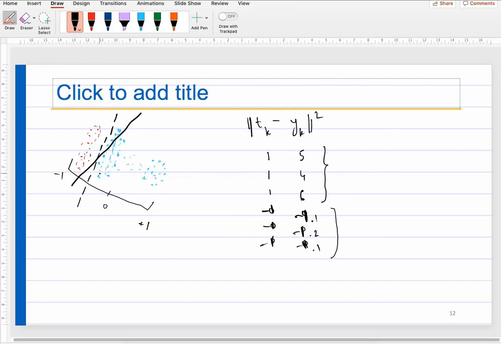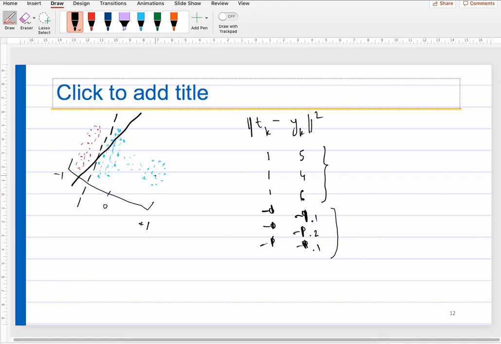Yes. That is a good solution, that you ignore the samples which are already well classified. Or in other words, you clip their distances to 1. If something is greater than 1, make it 1. Clipping, so that it does not pull the separator too much towards itself. Does that make sense? Okay, let us go over it once again.